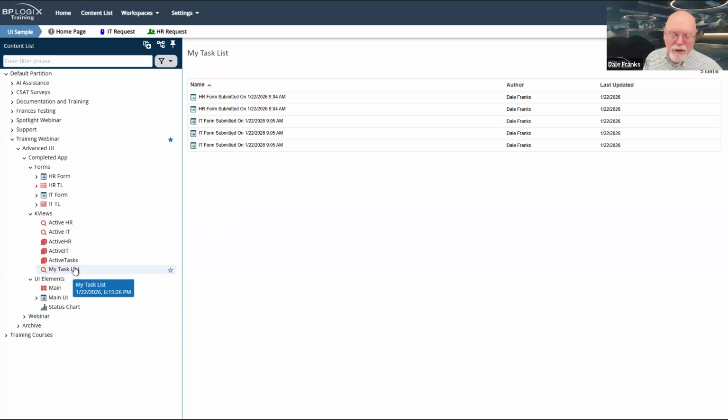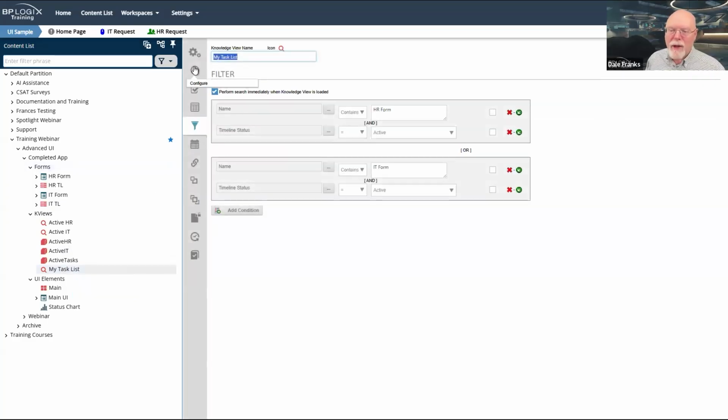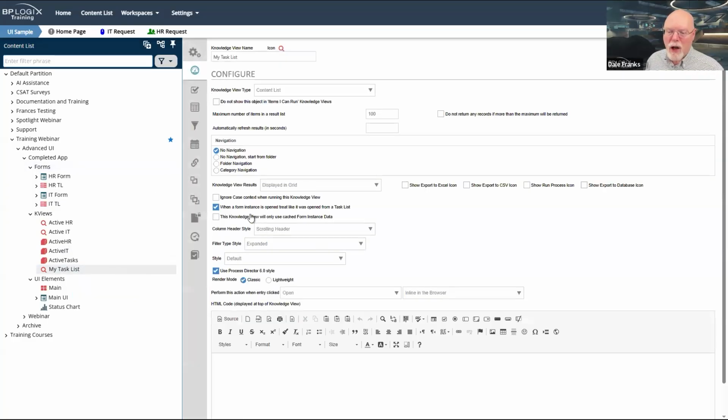And it is, again, just a regular content list knowledge view. The only thing I've done is added the special sauce right here to ensure that if I have a task assigned in a form instance and I open it, and that task is assigned to me, then it's going to show me my task completion buttons.